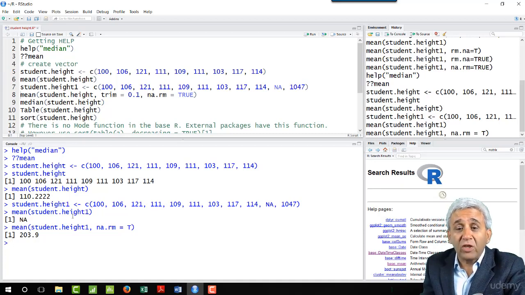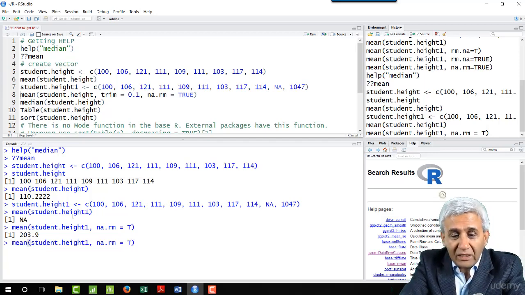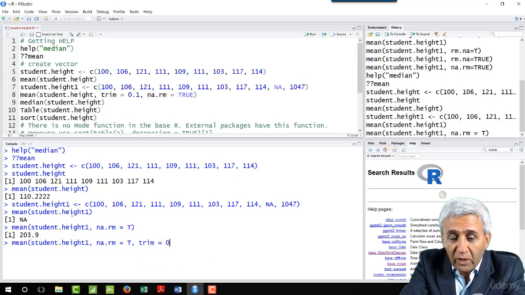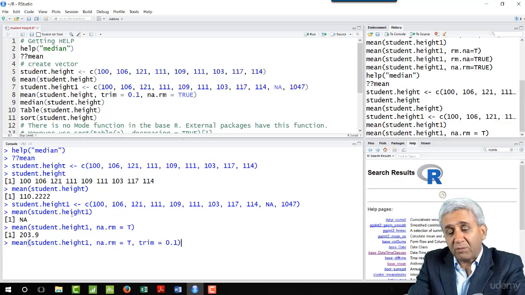So what you can do is you can trim this data. When I say trim this data, you can remove, let's say, 10% of the top values and 10% of the bottom values. If you want to remove, then you can use trim function and add trim is equal to 0.1. So 0.1 means 10% from the top will be removed and 10% from the bottom will be removed. So let's do that, and here let's keep that NA.RM is equal to true, and in addition to that I add trim is equal to 0.1, and 0.1 is 10% from the top, 10% from the bottom, and I hope with that 1047 will get removed from the list. Let's see,